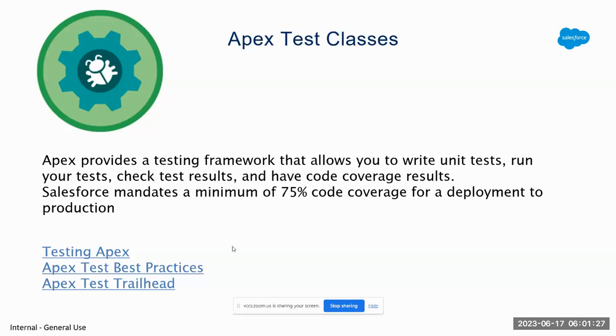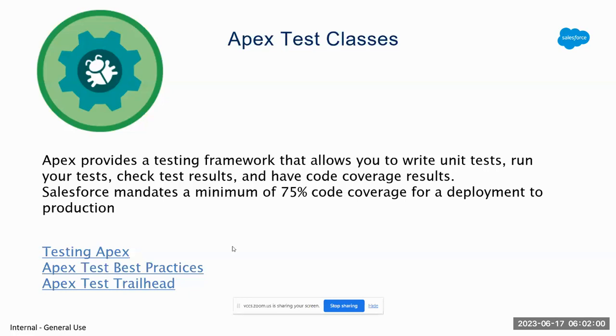Apex test classes form the foundation without which you cannot proceed with the code. And in Apex test classes, you also have to consider something known as asserts, System.assert. You should also learn about it and know how to implement it. This will again be a very important factor for you, because you will all be freshers coming from admin to developer, and the first work you will get, I give you a 100% guarantee, is working on test classes.